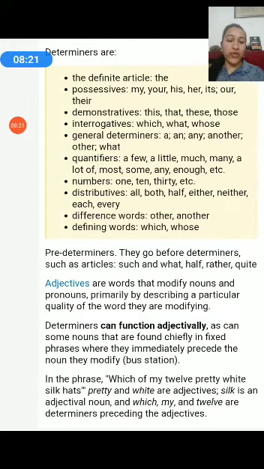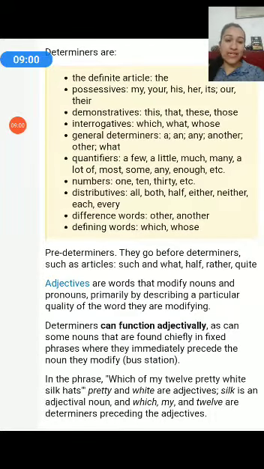If I ask you to point out adjectives, if these are these 5, you write adjective. If I ask you to point determiners, these 5 categories, you write determiners. If I don't tell you to identify adjective or determiner for me, you can tell me both things. You can tell me, ma'am, this is an adjective or this is a determiner. You won't be wrong. For example, I say this is my pen. So you can say, ma'am, my here is a possessive determiner. I'll say, okay, correct. Or you can say, ma'am, my here is a possessive adjective. I'll say you are correct again. Because both things are right.